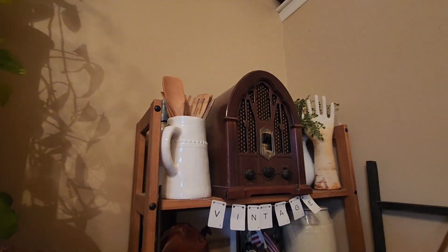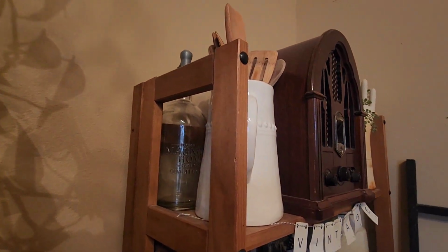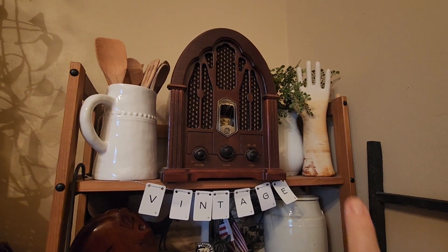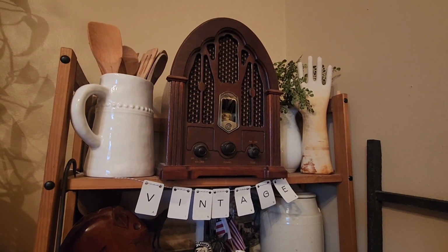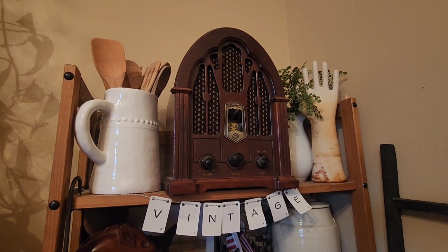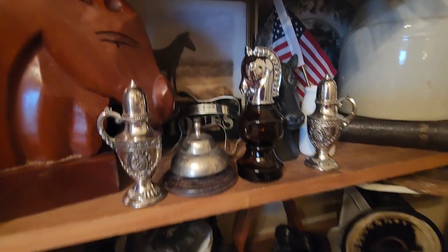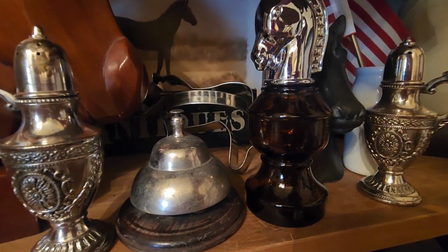All right, on this side, I kind of kept it even. I have a couple of those old seltzer bottles. I have two of these, but I had quite a few of them, and I broke several. They're so much higher than when I first bought them like 15 years ago. There's another vintage radio, and they all work. I love the little vintage silver pieces here, the salt and pepper shaker. This is a vintage